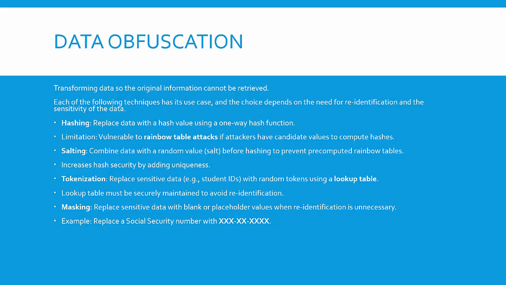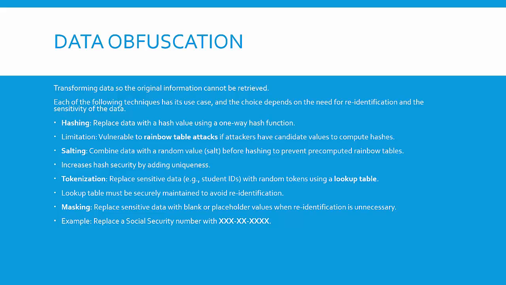Data obfuscation takes a different approach by transforming data so the original values can't be recovered. Hashing is one technique, which uses a one-way hash function to replace data with a hash value. The drawback is that it's vulnerable to rainbow table attacks if attackers compute hash values for candidate guessing and find